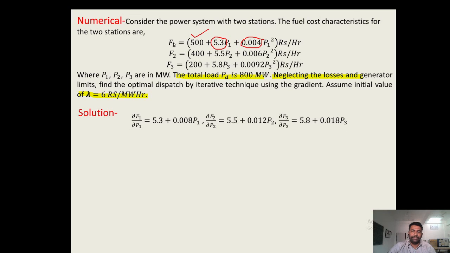So, these three characteristics are the fuel cost characteristics. Now, we will convert these fuel cost characteristics into incremental fuel cost characteristics by taking the derivatives of these three characteristics with respect to P1, P2 and P3 respectively. So, for the first characteristic, the partial derivative of F1 with respect to P1 will give you 5.3 plus 0.08 P1. Similarly, for the second characteristic, it will give us 5.5 plus 0.012 P2,